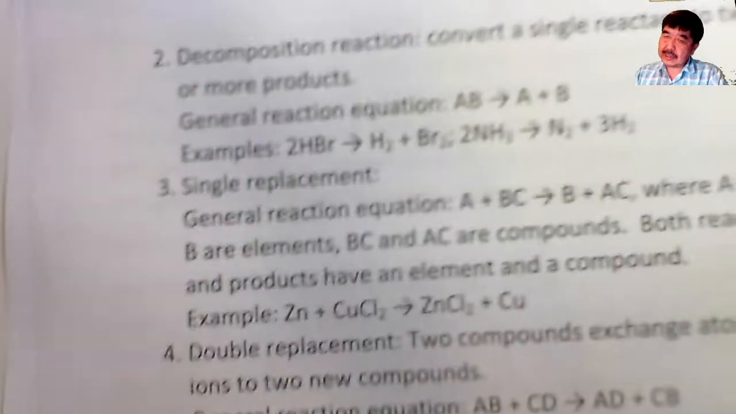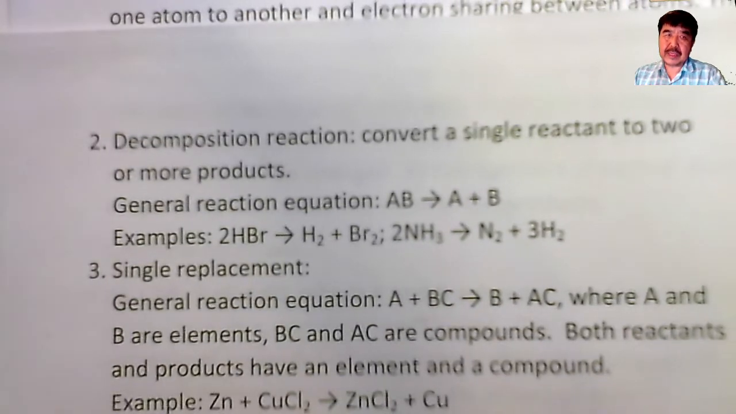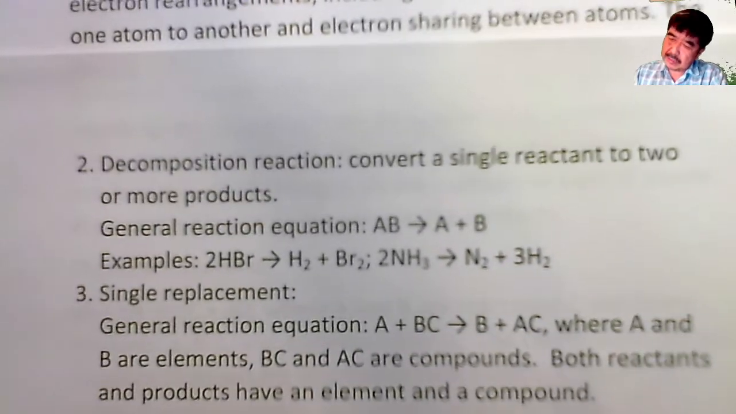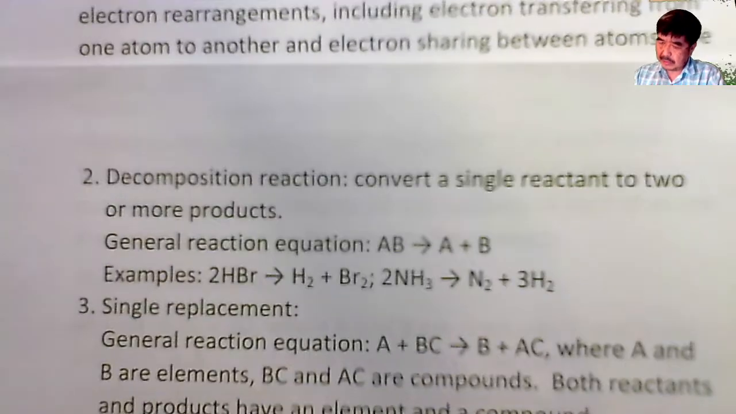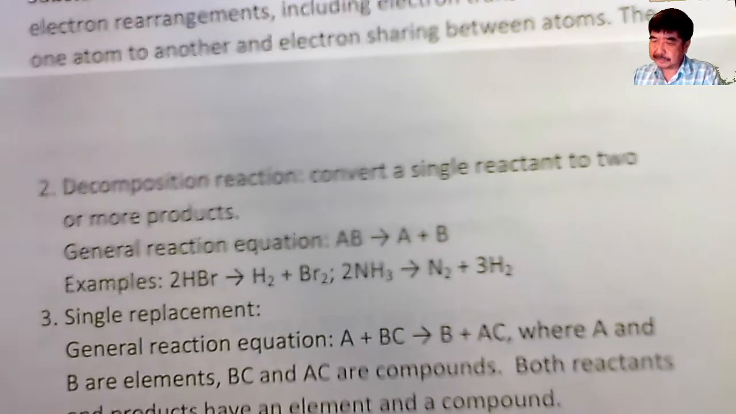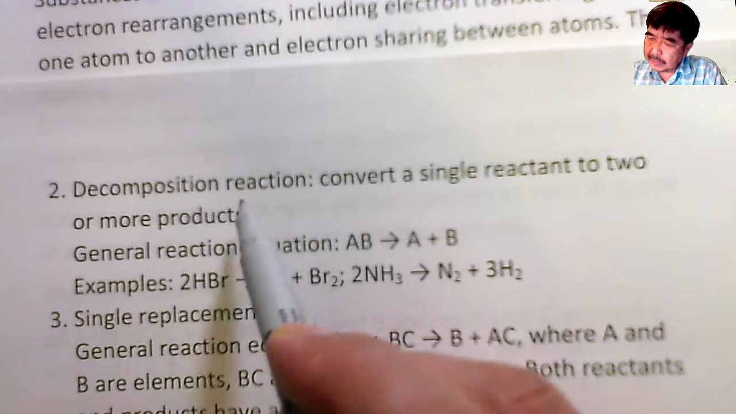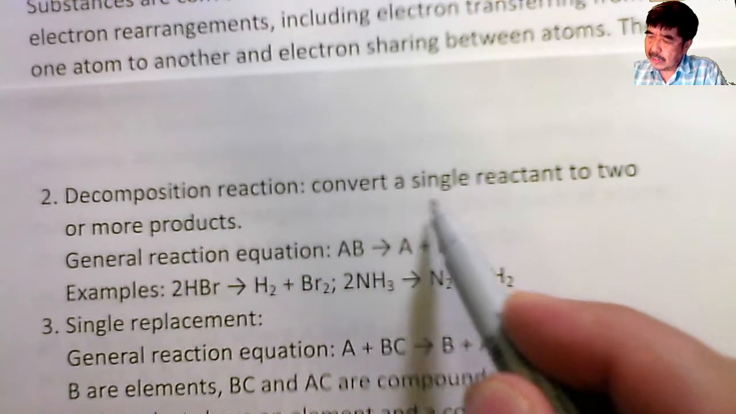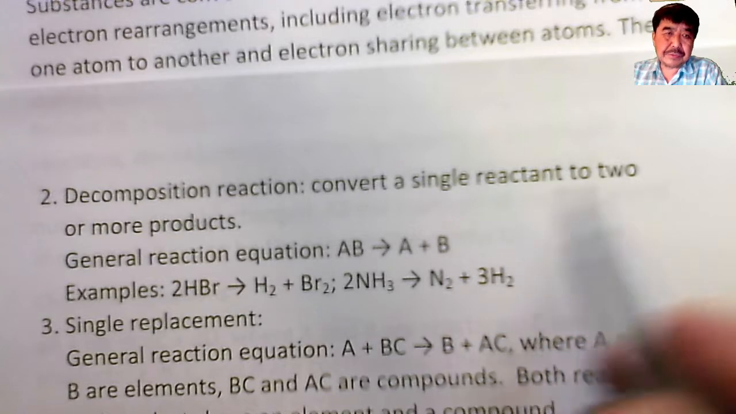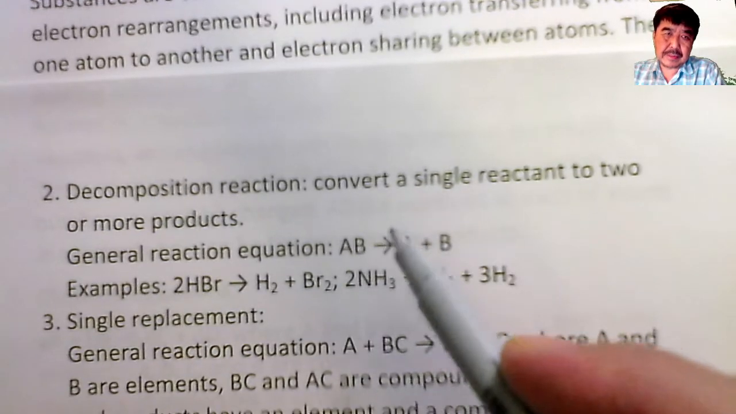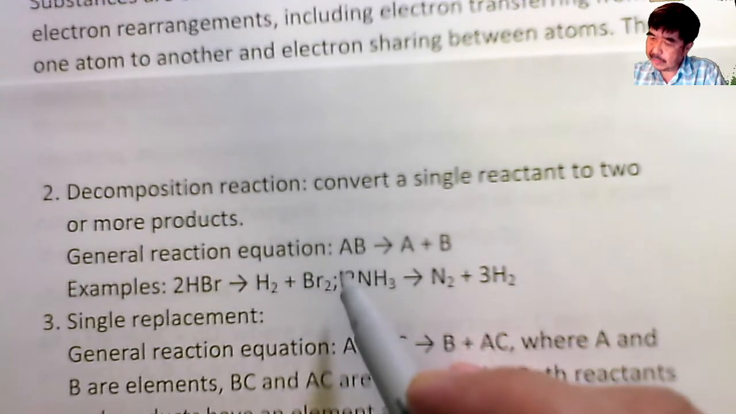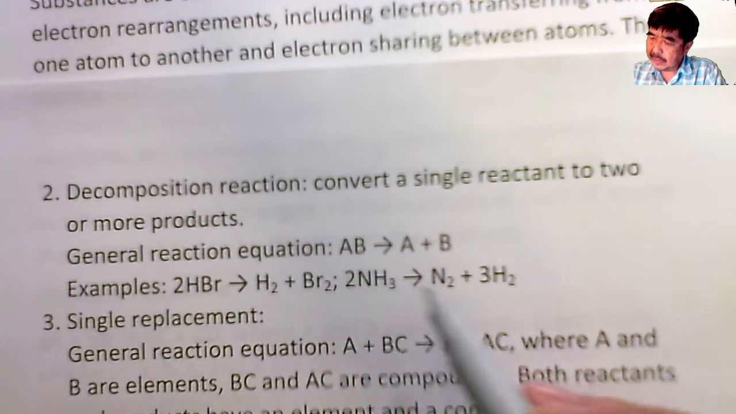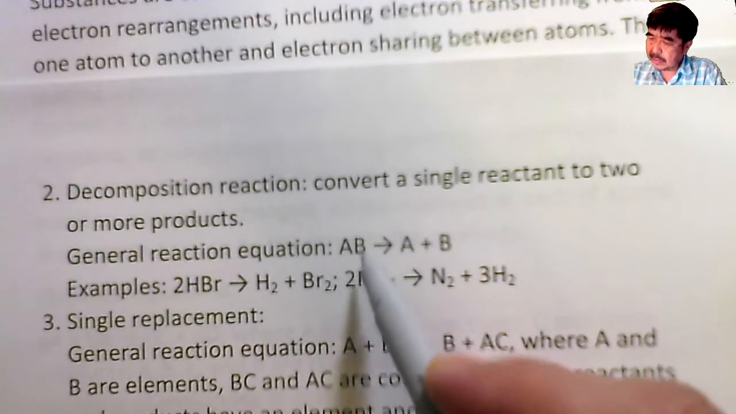And the second type of reaction is called decomposition. It's opposite to the combination. A decomposition reaction is converting a single reactant into two or more products. Okay, this is the decomposition, and the reaction form is AB, a compound,